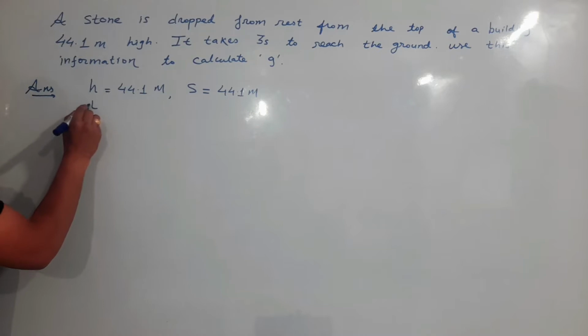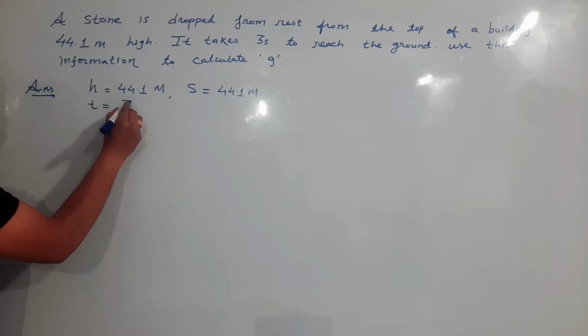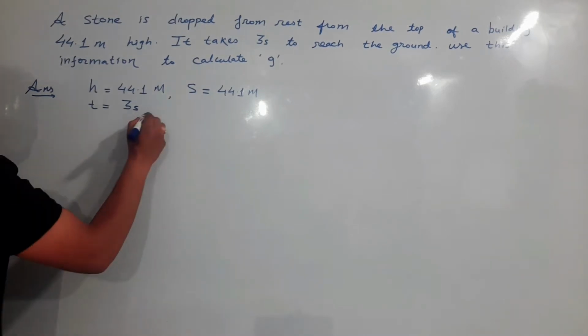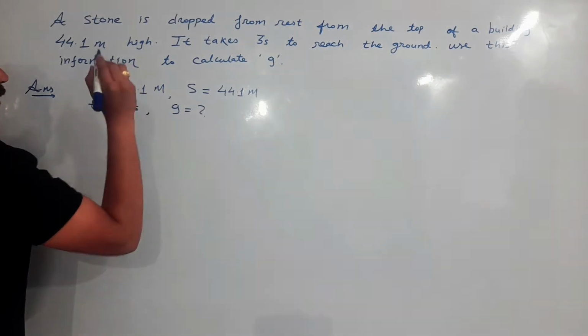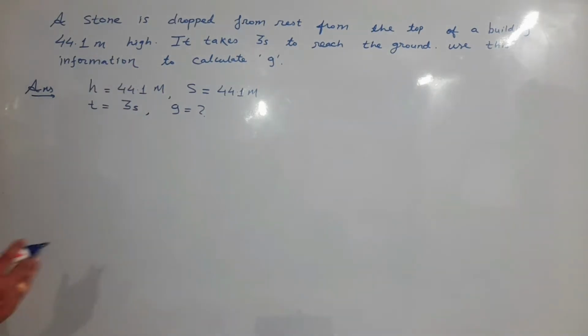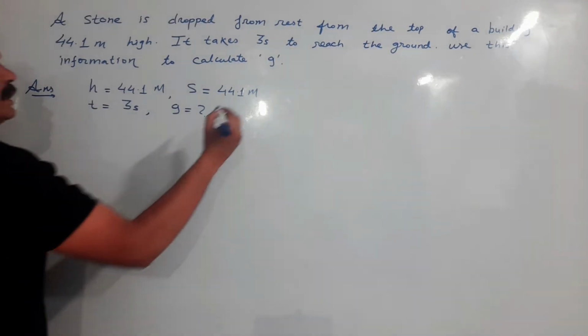Time t is given to us, that is 3 seconds. We have to find acceleration due to gravity. My dear student, if you correctly observe the information given to us here, you will see